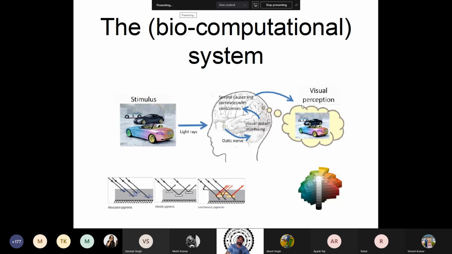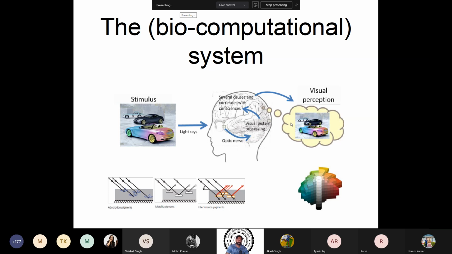But whether the computers perceive the car is contentious, perhaps not. Whether the computer perceives the car as the human brain perceives it, even if both the human and the computer are able to say this is a car and this is not a car, that also is not clear. All that we are doing is computationally modeling visual perception. But that doesn't mean what we have modeled is similar or exactly similar to how visual perception happens in the human head.